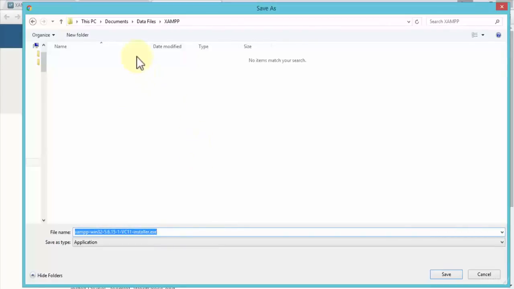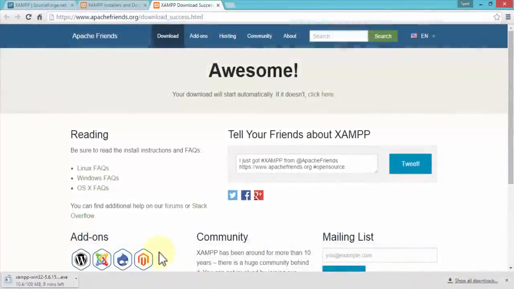All I did was simply navigate to the folder where I wish to save the XAMPP software, and then I'm going to click save, and it's going to download the XAMPP for me. Notice on the bottom left, it shows me the download time as well as the size of the file. It's about 109 megabytes, so it's going to take a little bit of time to download. But once it's downloaded, we can navigate back to our folder, the XAMPP folder, and then we can begin the